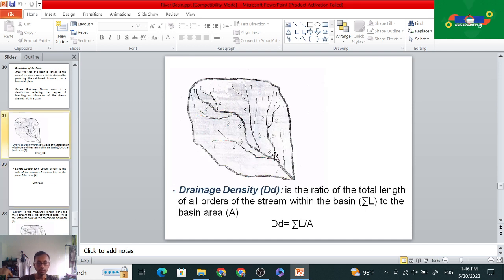Drainage density. Drainage density is the ratio of the total length of all orders of the streams within the basin